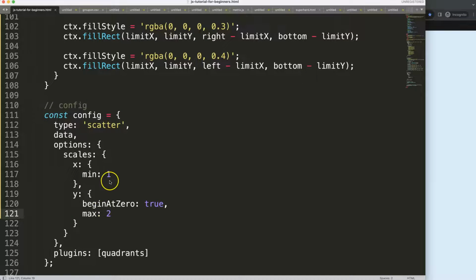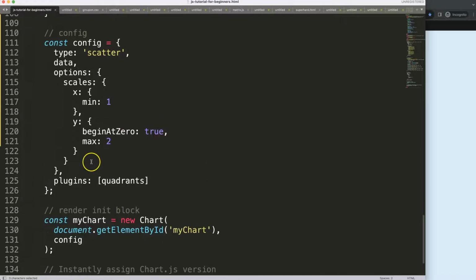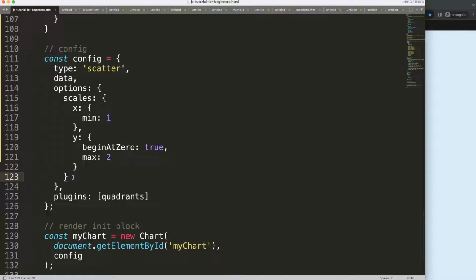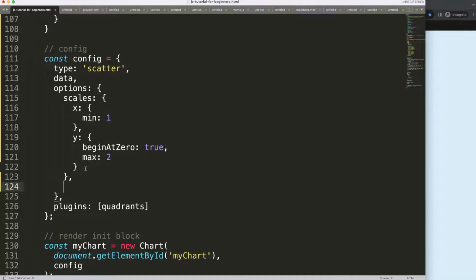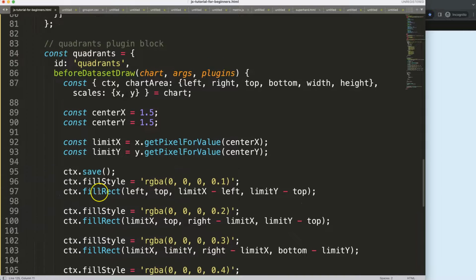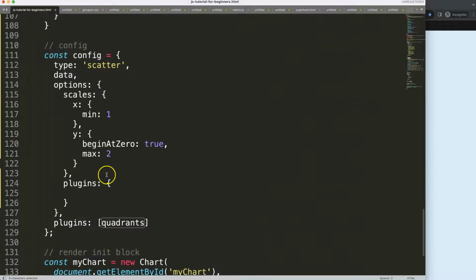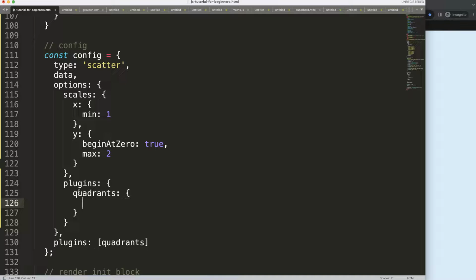However, what I do want is the following. You can see here we have these colors. We also have these hard-coded numbers. That doesn't make any sense. So what I'm going to do is convert these numbers into our plugin. So after the scales, pay attention here, I'm going to say plugins. And then in here, I'm going to create a new object, and the object name will be quadrants. Yes, that's the ID name that we have given it. So if it's quadrants for ID, plugins going into quadrants,